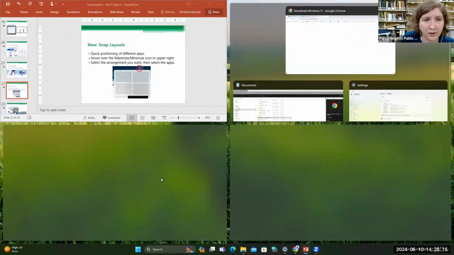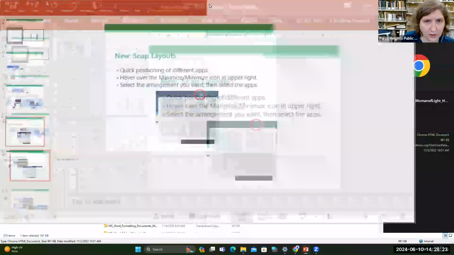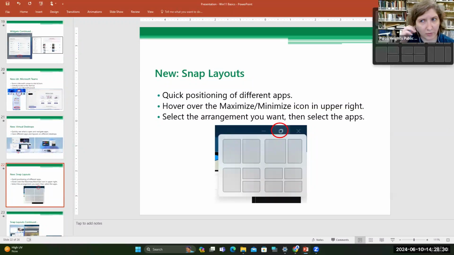Hopefully you can see here they are now open up like this in 4 different sizes. If I want to exit out of this again, I can just hit the maximize button and it will pull the PowerPoint back to largest size.